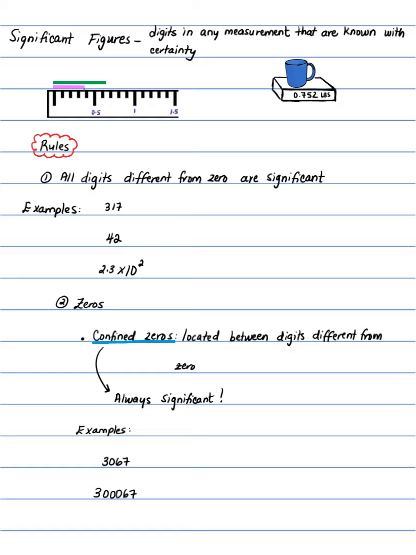So you go from 0.5 to 0.6, 0.7, 0.8, 0.9, and then we have 1. Okay? So the scale on that ruler is measuring by 0.1. Okay? So that first decimal place, the 0.1, is something that you can actually measure